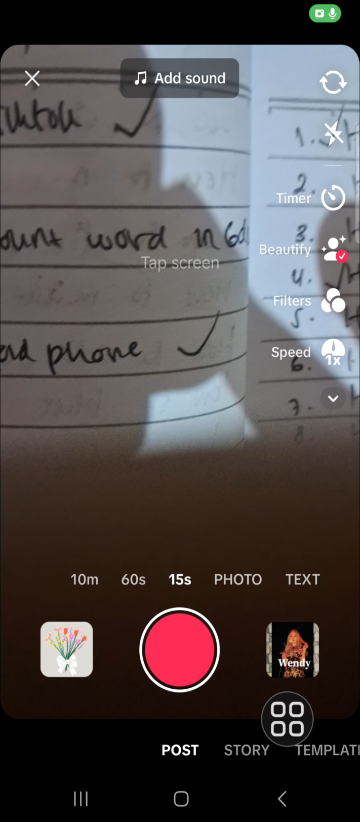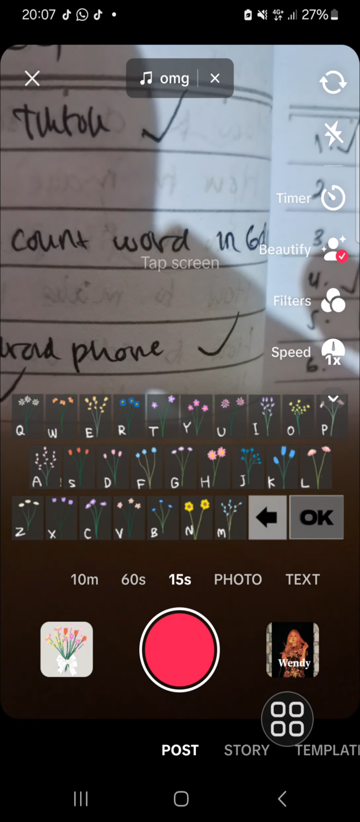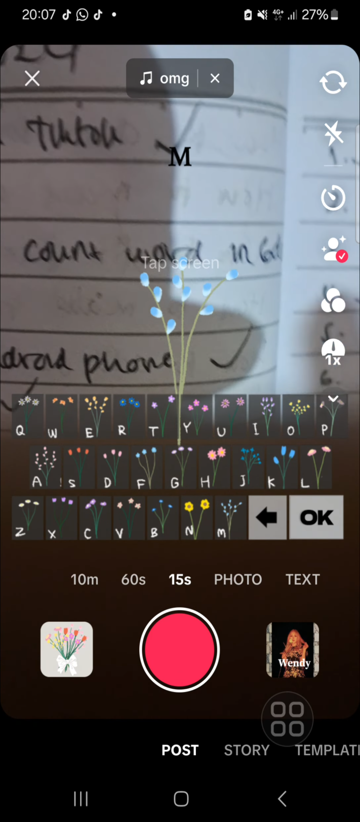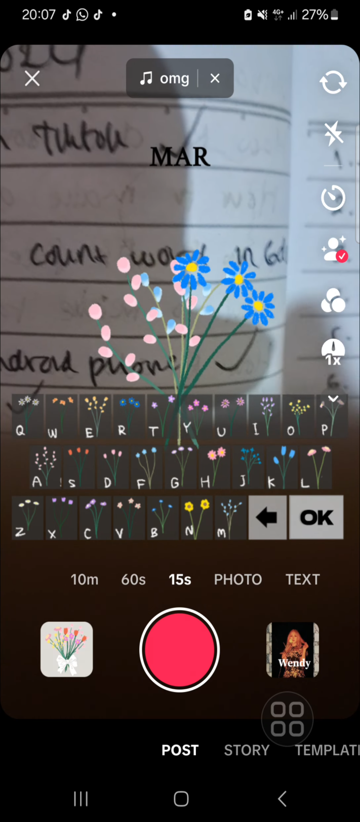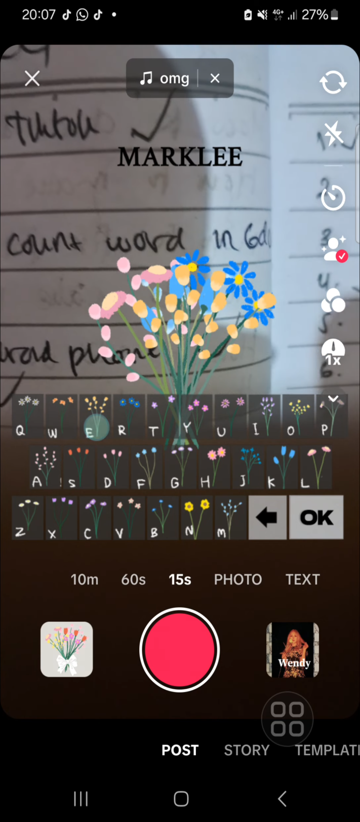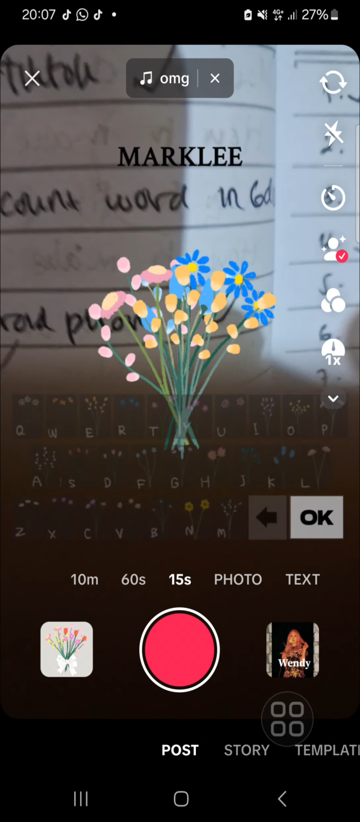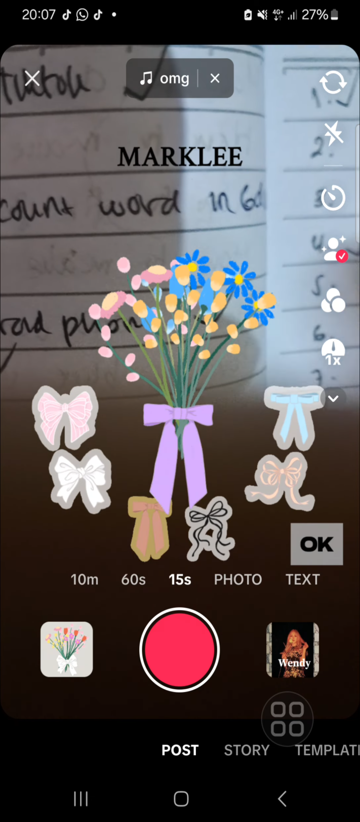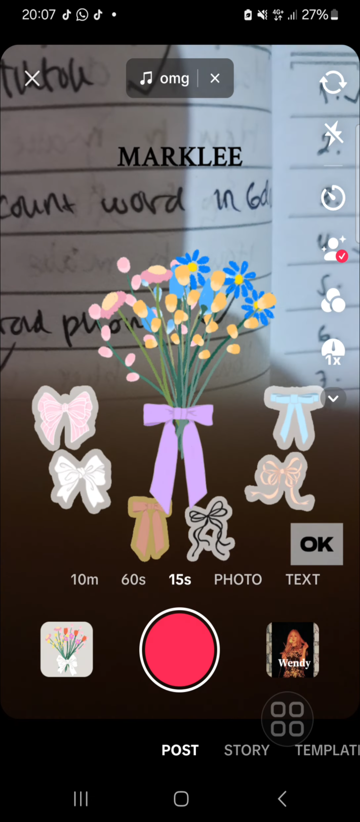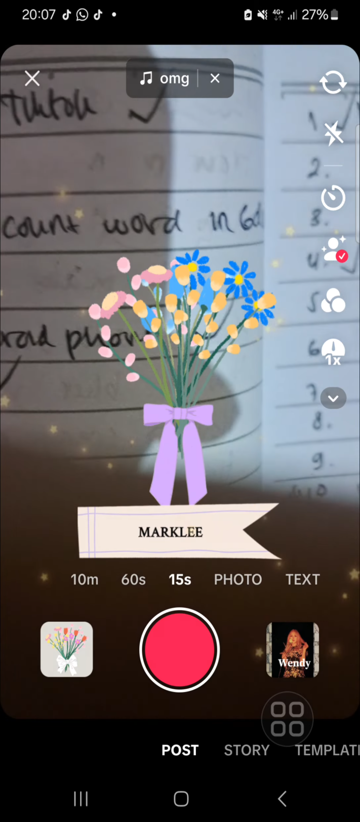All right, and you can type in anything you want to type. For example, I'm just going to type in like this. Okay, then just click on the OK button and you can choose the ribbon you want to apply to your bouquet. I'm just going to select this one and we can click on OK,